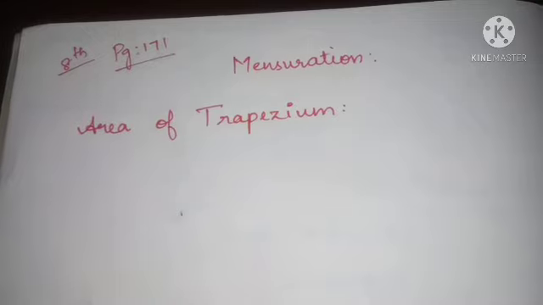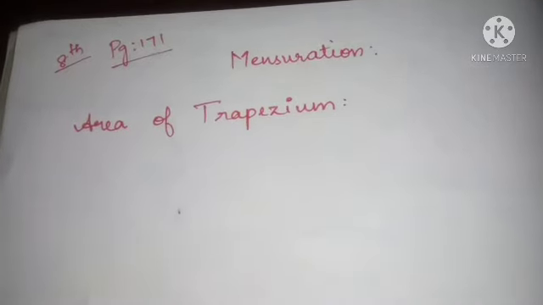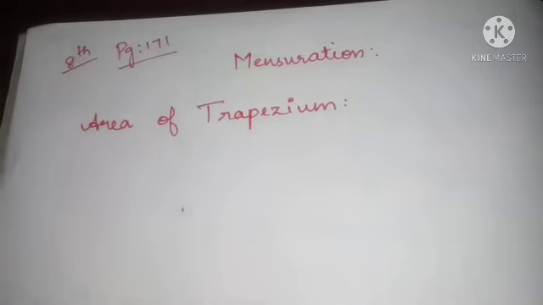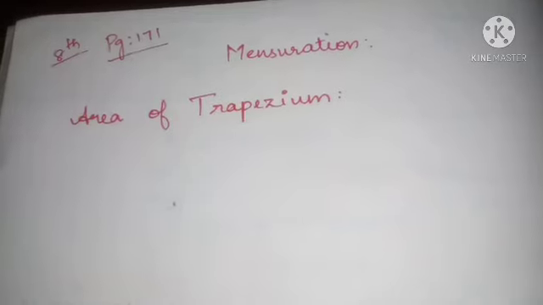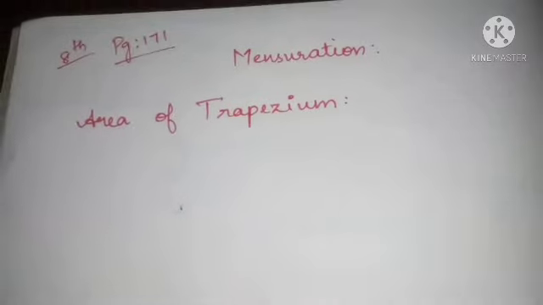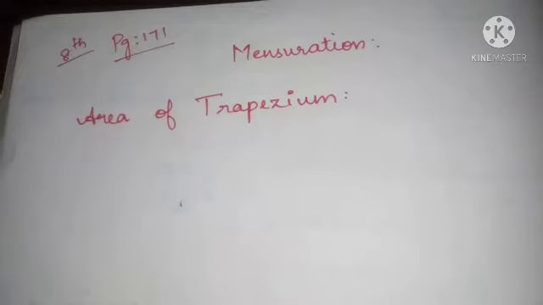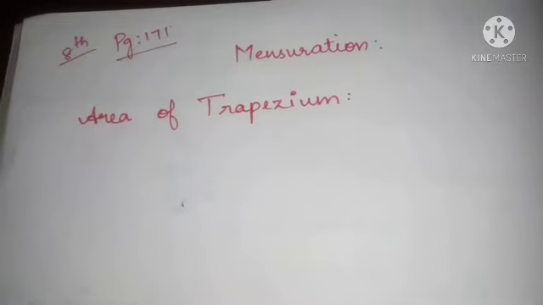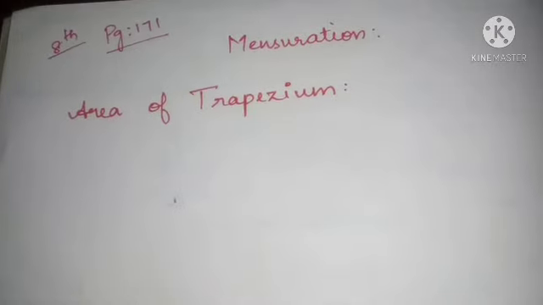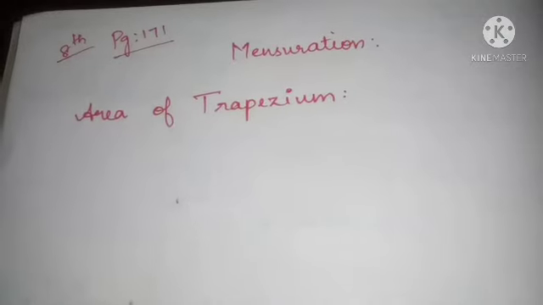Today's class, we are going to start with the next topic from mensuration. You can take page number 171 in your NCERT textbook. So, last class we have discussed what is meant by mensuration and what is meant by perimeter, area, volume. Right? For certain formulas regarding perimeter and area for certain figures we have discussed, and we found how that formula has derived. Yes, now we'll come to the area of trapezium.